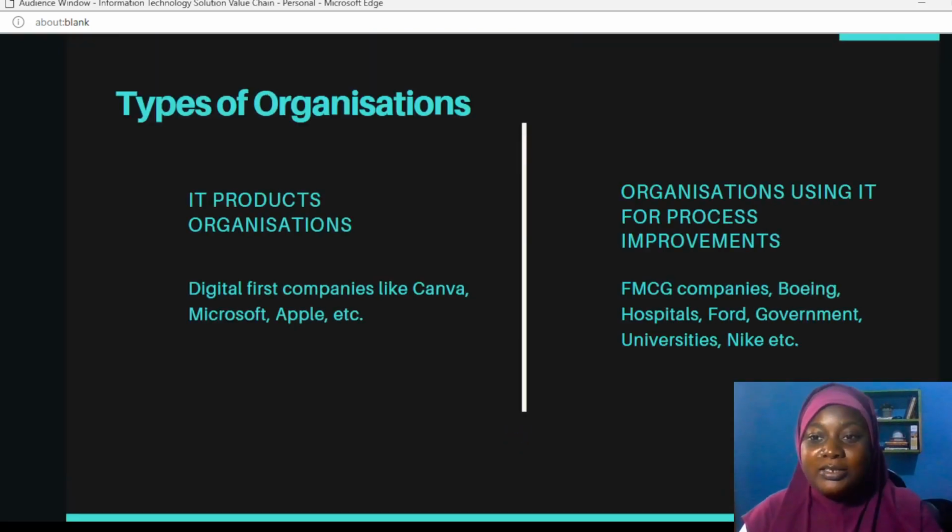So first, I would like you to understand that there are different types of organizations. They are not always clear cut. I'm going to start with the IT product organizations. The IT product organizations are organizations that create software. That's all they do. You can think of Canva. You can think of Microsoft. Microsoft creates software